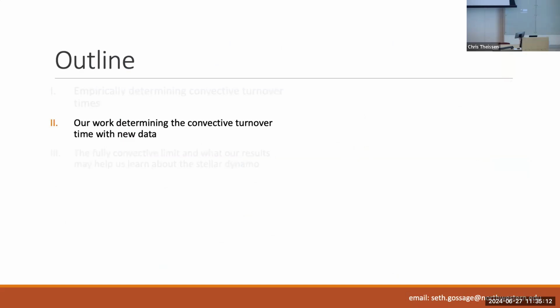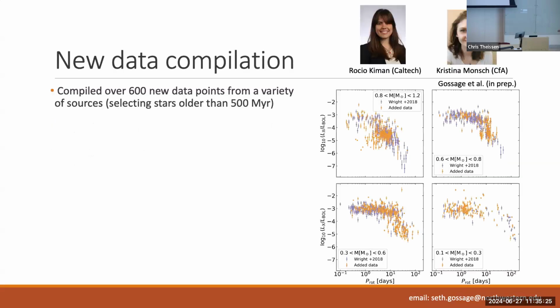So I want to talk about our work in trying to answer this question of what these convective turnover times represent within the context of the theory that they're based on. And I'm going to first go over the new data that we're using in order to answer this question. So this is work that was carried out and led by Rocio Kimon of Caltech, and also with Christina Manch of the CFA, who are both here at the conference, where we compiled over 600 new stars and added this